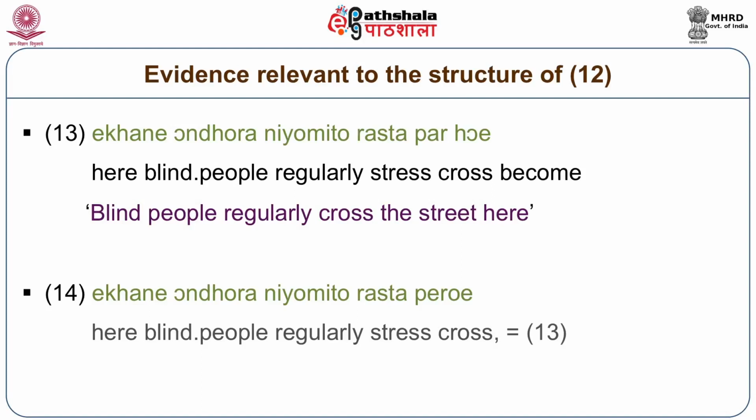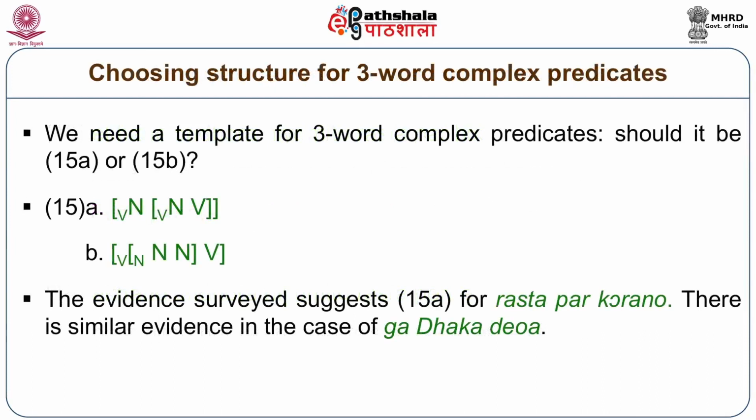So what we need to do is provide a template within which the lexical entries are to be fitted, and our question is whether 15a, with a verb mother having a left-hand daughter N and a right-hand verb daughter, which again breaks up into NV,